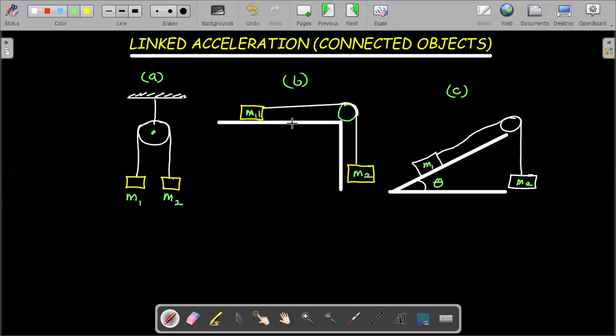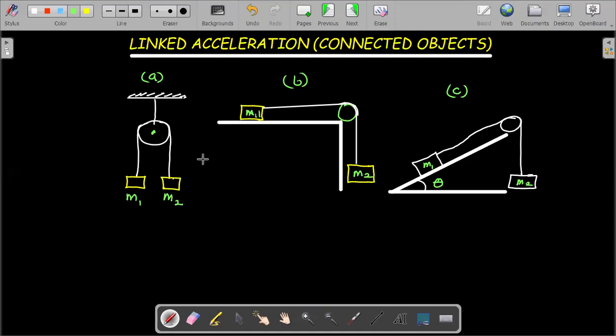So in this case B, mass M1 and mass M2 are connected over a smooth pulley, while mass M1 is sitting on the table, mass M2 is dangling. And in case C, we have an inclined plane where the first mass is sitting on the plane and the second mass is dangling. So because of this relation, we will definitely have acceleration that is